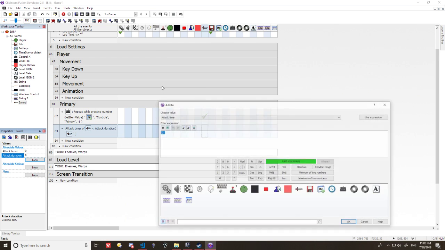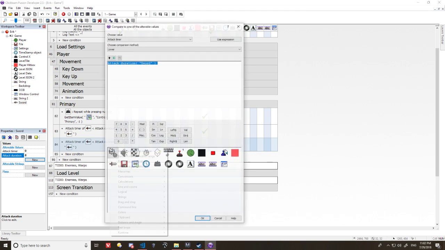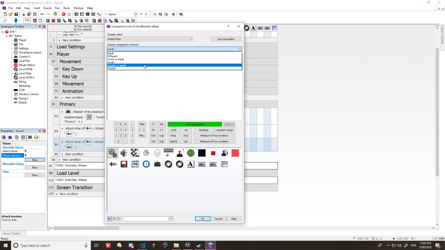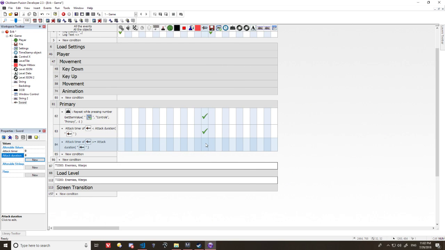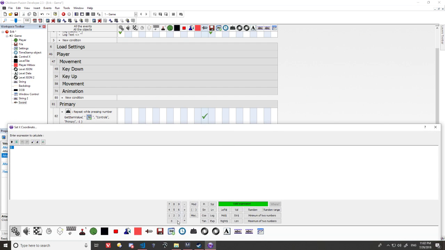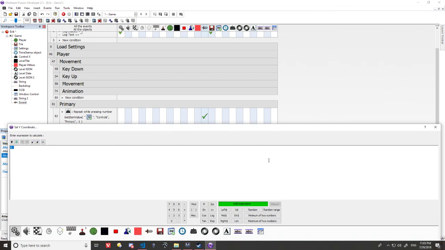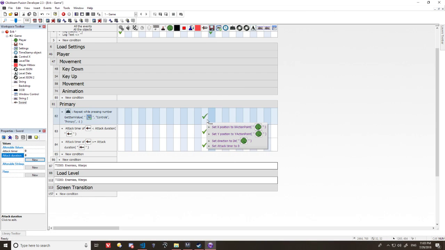I'll add 1 to the timer. When it is greater or equal, I'm going to set the position to negative 128, negative 128,